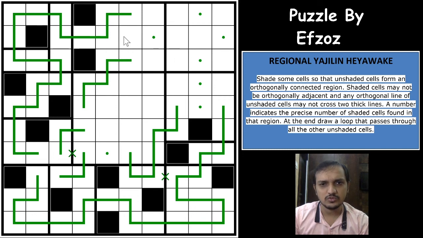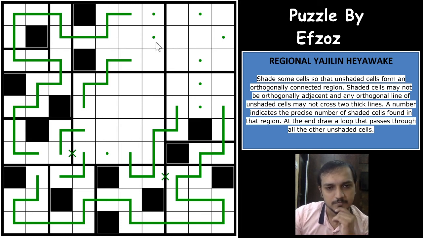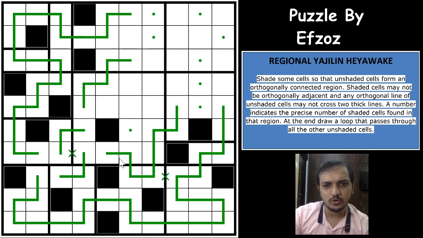Now one of these two cells would have to be a shaded cell, right? So both of these become unshaded now. So no, this becomes unshaded, exactly, this cell. So okay, still a difficult one, I would say. If you have this cell as a shaded cell, this cell becomes standard here, you get a loop this way. So this is not a shaded cell, again this is an unshaded cell.